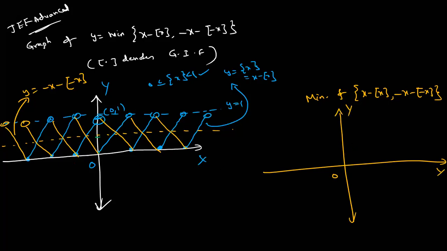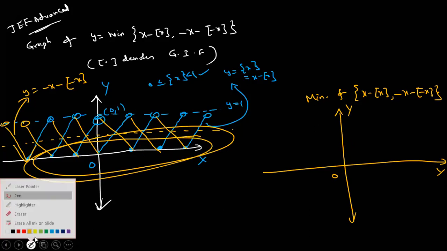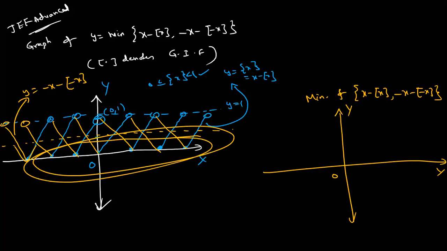Minimum means what, your below part. Okay, now guess what to say? Below part, completely this one. That means the diagram is coming like this. See. Exactly a triangle shape is coming. What is this point? 0, comma 1 by 2. So that is the graph. So please draw this picture, all of you.